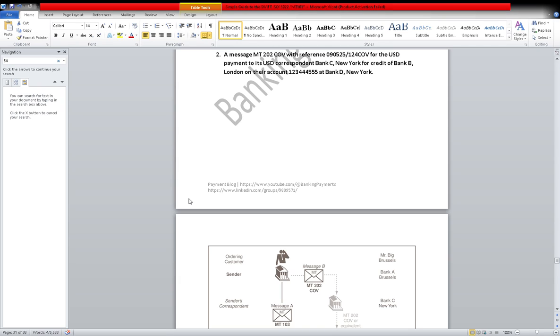Did you understand now? Cover payment. Do you understand now? I repeated it twice now with one example, which is given here. I am going to discuss this now. I have already discussed this thing: we are not sending an MT103 cover here, only the serial method.